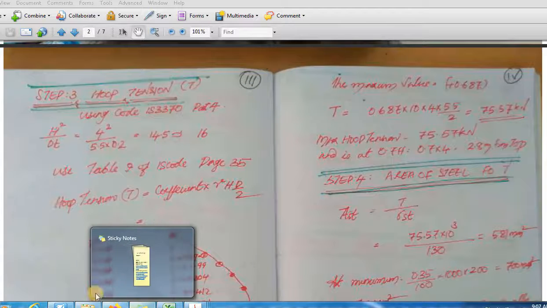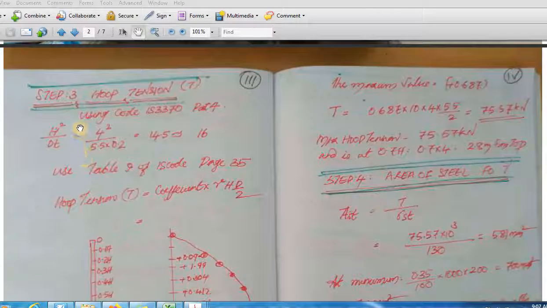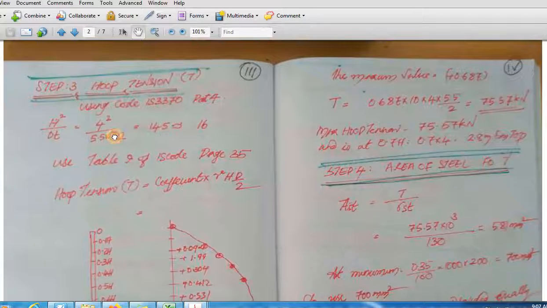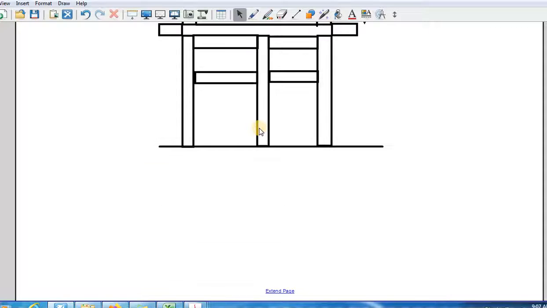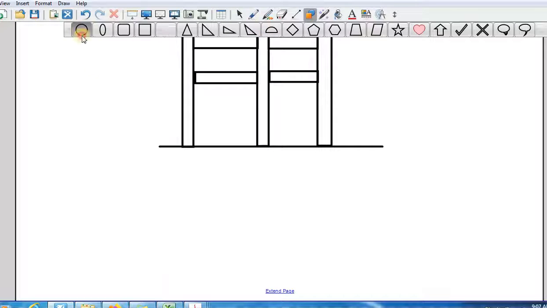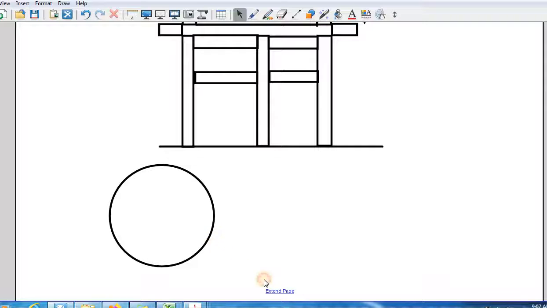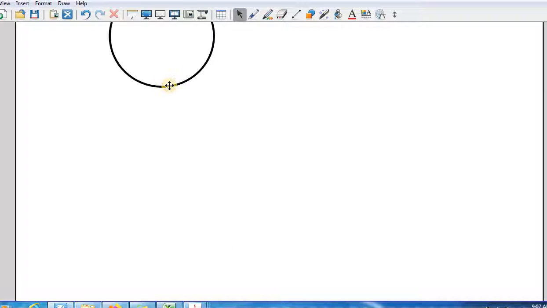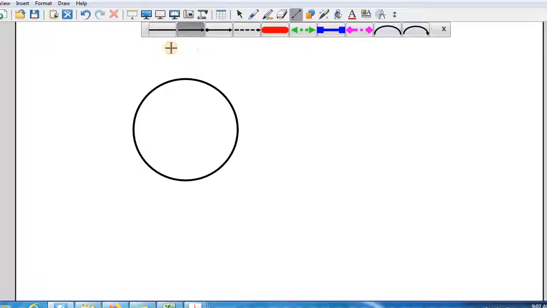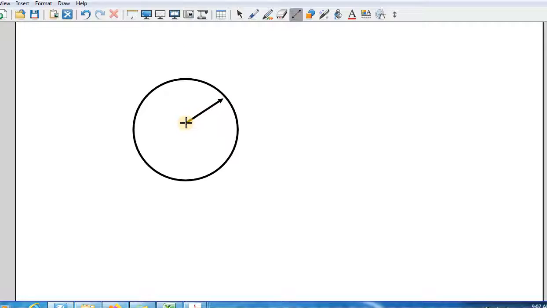Okay, so let us find out hoop tension as well as the bending moment. We'll be taking out the coefficients, because what is the meaning of hoop tension? As I told you a number of times before, you will have a tank like this, a circular water tank. If you see from the top, when the water is full here, you will have a water pressure.